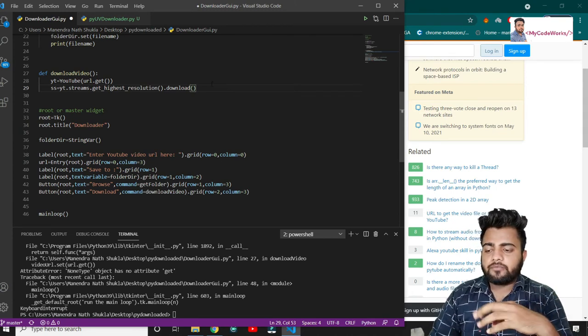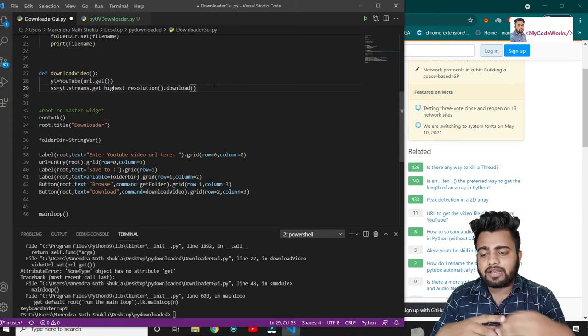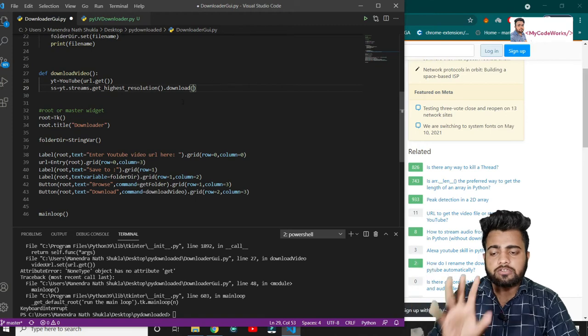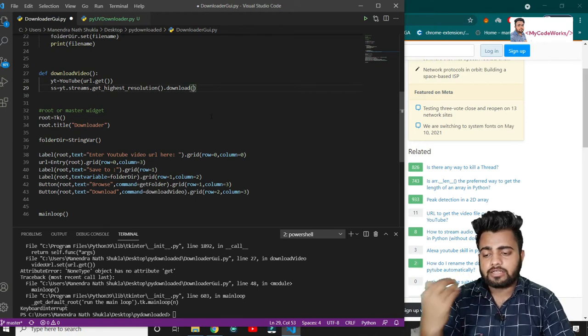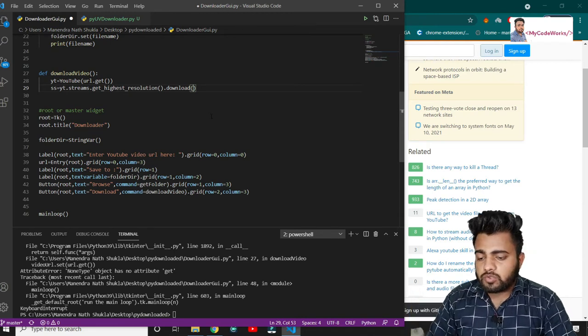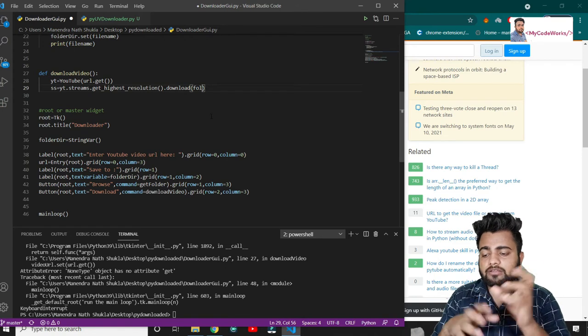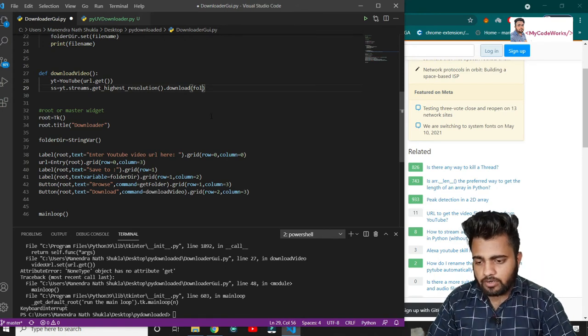So get highest resolution is a method that will give you the best quality of this particular video link. And after that we have to give the download method, to download this particular video in the best resolution, high quality. In download, we are going to pass the folder directory.